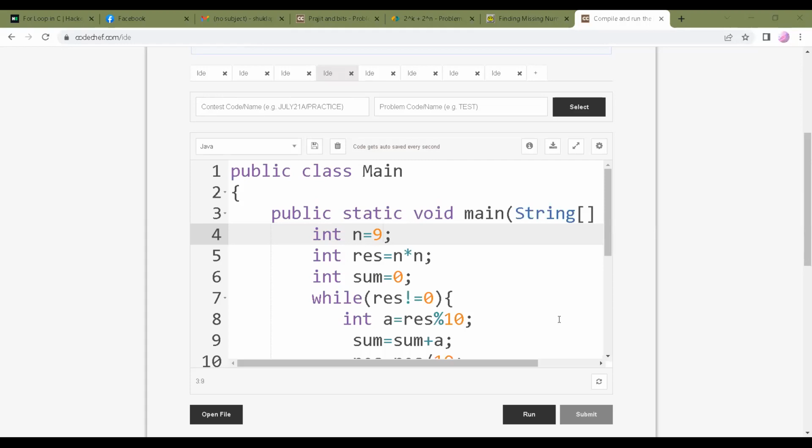N plus 1 into n plus 1 into n plus 1, n plus 2, 5, 2. It can be done like this. Yes, can be done. The last question I'll explain now